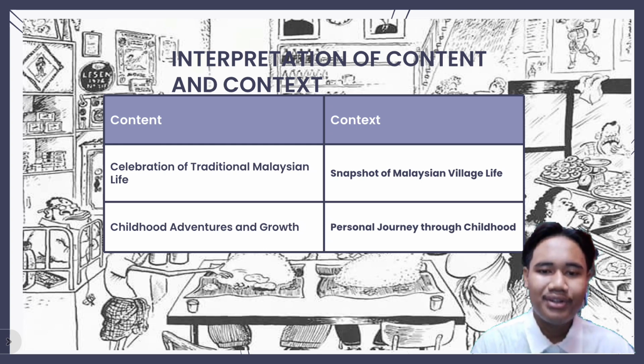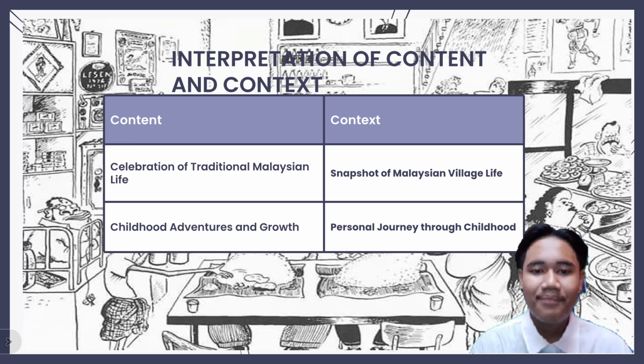Then we will explore the context of Kampung Boy, which is the high level of interpretation, deeper aesthetical, philosophical, and usually related to theological meaning. The context: a snapshot of Malaysian village life. Kampung Boy provides a charming snapshot of life in the traditional Malaysian village, or kampung. Through the eyes of the protagonist, readers get a glimpse into the daily routines, cultural traditions, and close-knit community bonds that